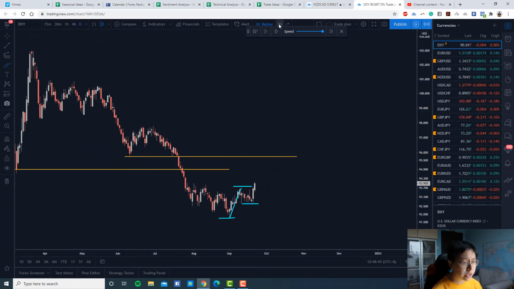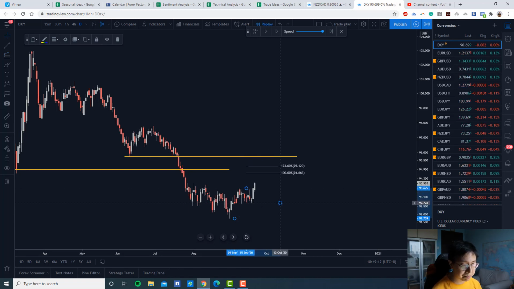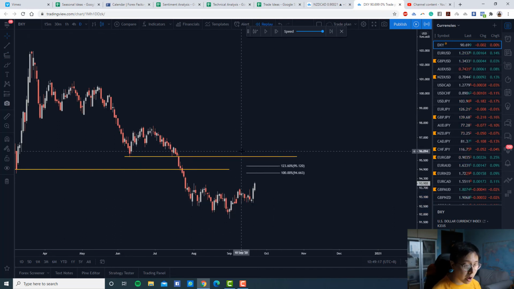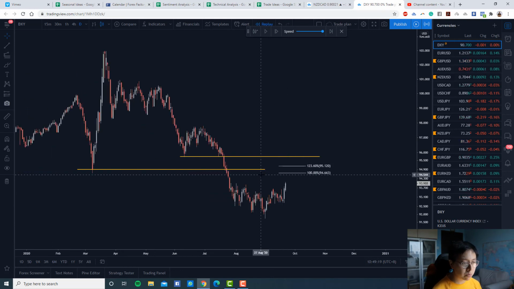Okay, so how you utilize the Fibonacci expansion is that once you identify that this is a mini uptrend, but on a bigger perspective I'm interested to sell, you can actually utilize the concept of 1:1, which is where the Fibonacci expansion comes in. Okay, so what you do is, of course, this is your starting low point. This is where you identify a first point. The second point is here. Okay, this is where the price stalls and it starts to form a correction, and the end of the correction is here. Okay, so you do realize that this Fibonacci expansion of 1:1 comes in somewhere around this area